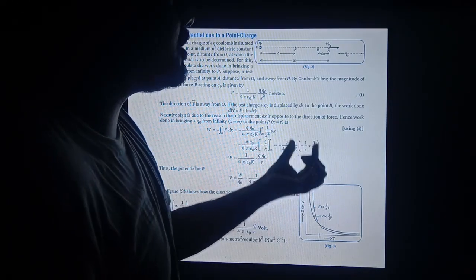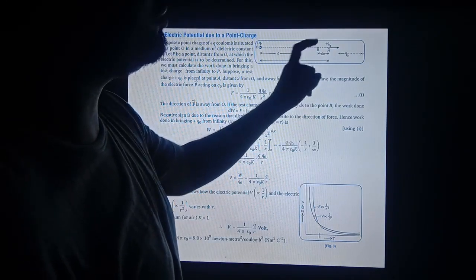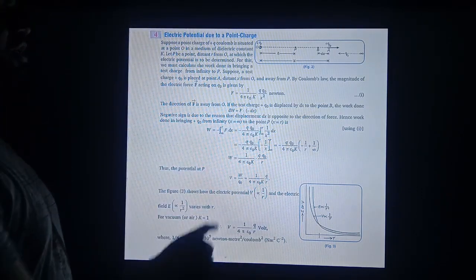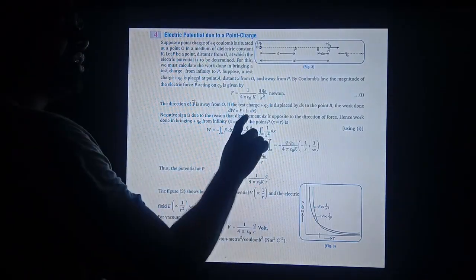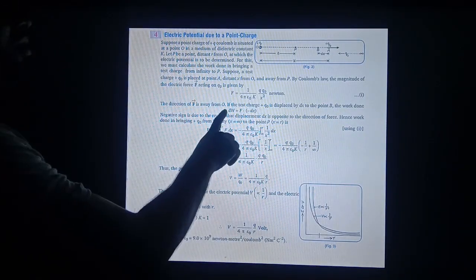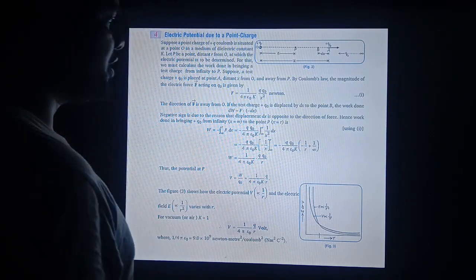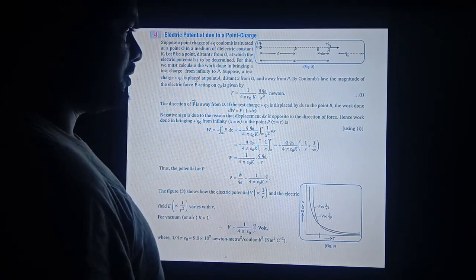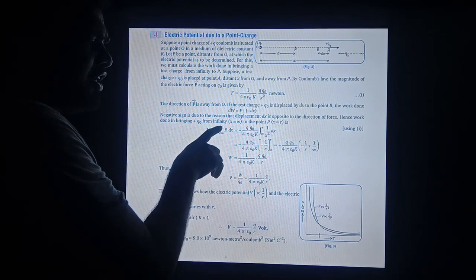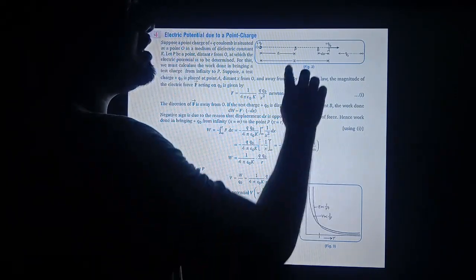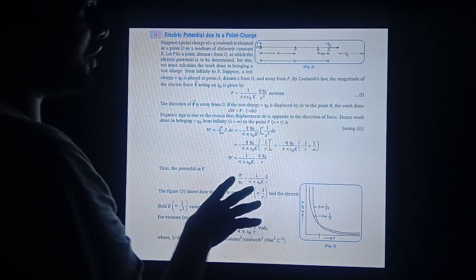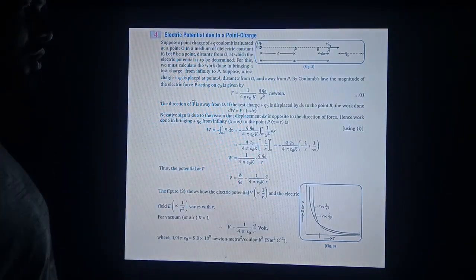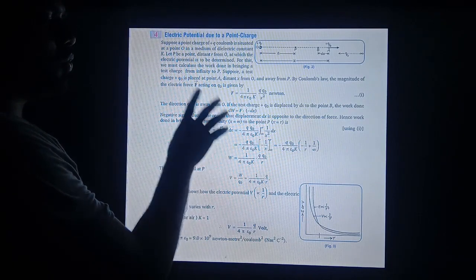Now what work will I have to do in bringing the charge from A to B? That is dw. So dw is equal to force into distance, because the charge is carried in this direction. That is why I am applying a negative sign, because this is positive x and this is negative x. So dw is equal to F dot minus dx. Now W is equal to the integration from infinity to r, because we have to find out the electric potential at this point. So we have to integrate the equation from infinity to r. So minus integration from infinity to r of F dx.